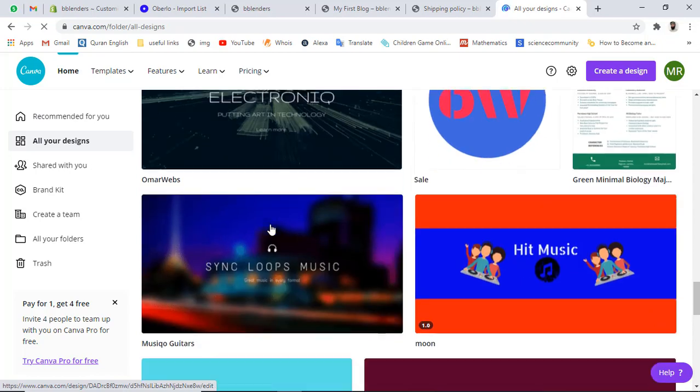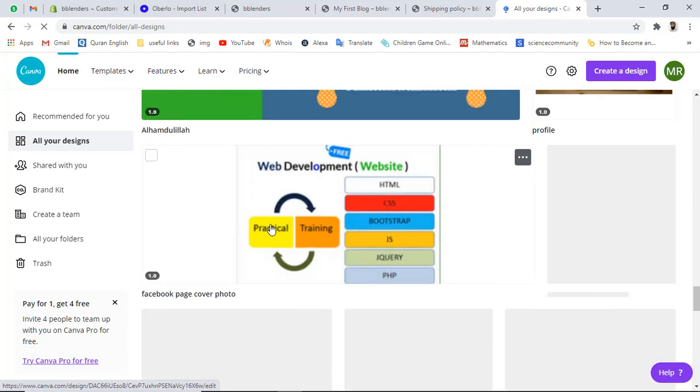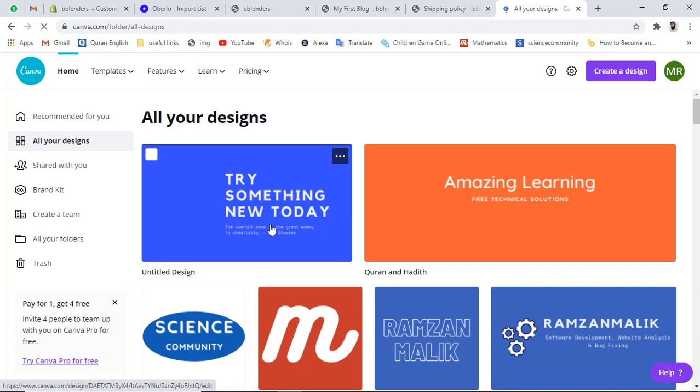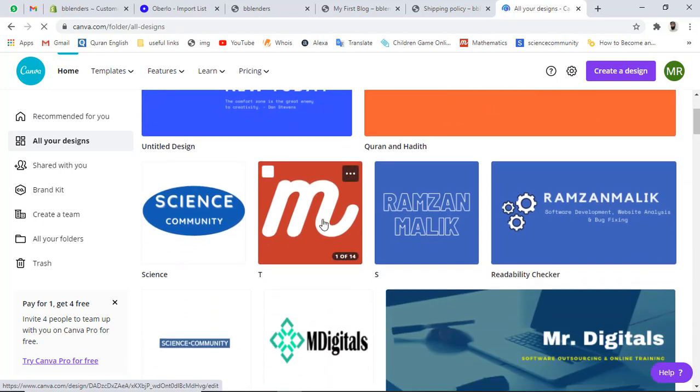Let's scroll up to the top, and I have already created a few things. Let me click on this one. We already have a few designs, and let me create the favicon icon from one of them.